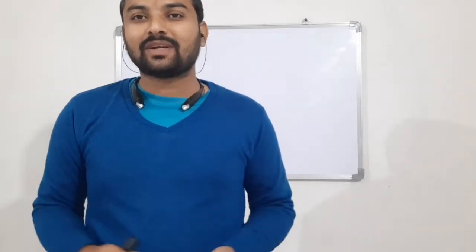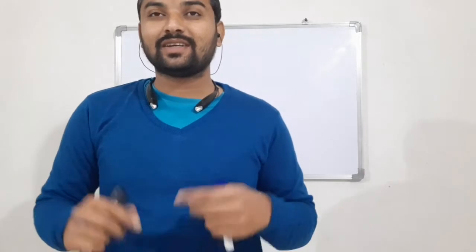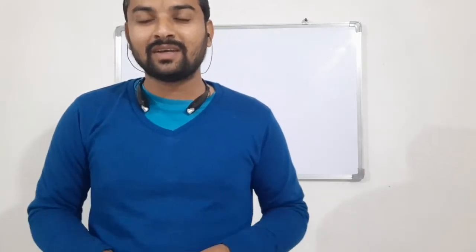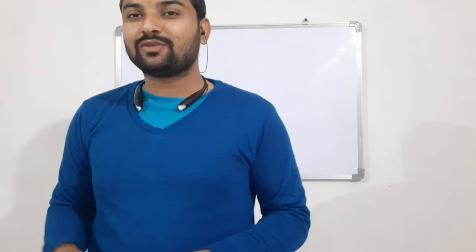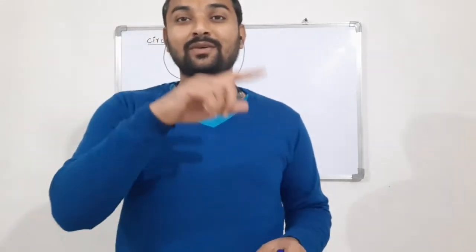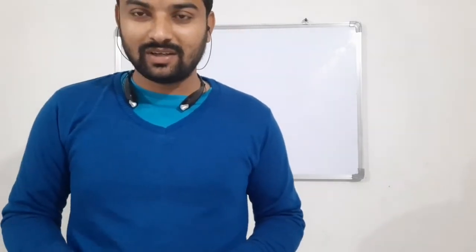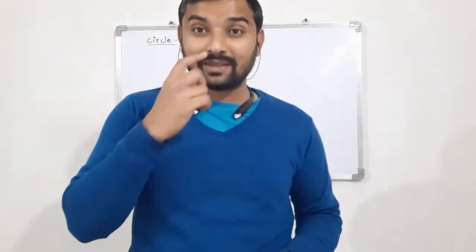सर्कल को पढ़ने से पहले हमको ये बात करना ज़रूरी है कि सर्कल की जो शेप है वो कैसी होती है. You must have seen the wheels of vehicles like car, bus. उसके जो पहिए होते हैं उनकी जो शेप होती है वो सर्कुलर होती है. अगर हम उसको साइड से देखते हैं तो एक सर्कल की तरह दिखता है.